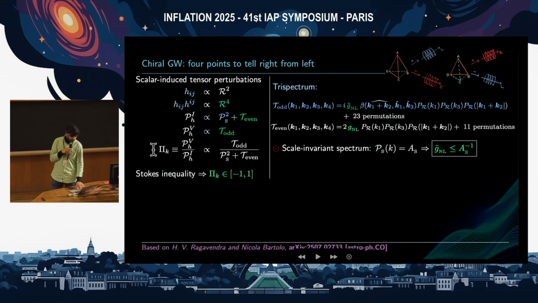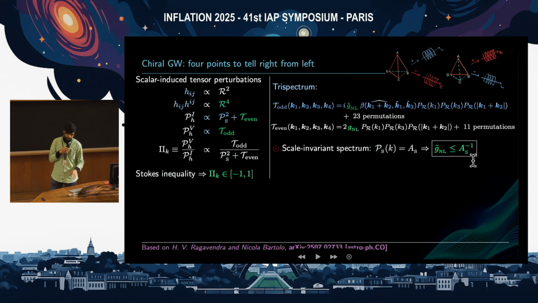So the degree of chirality, pi k, the ratio of PHV to PHI, shall be proportional to T odd to P squared plus T even. Stokes inequality dictates that pi k should be in the range -1 to +1. If we substitute a simple form of trispectrum, the motivated forms of trispectrum, which are already available in the literature arising from semi-numerical computations of various models of parity violation, as parameterized by GNL and GNL tilde respectively, we get, once we perform the computation of PHV and PHI, the limit on pi k translating to GNL tilde being less than or equal to AS inverse, AS being the scale invariant power spectrum that